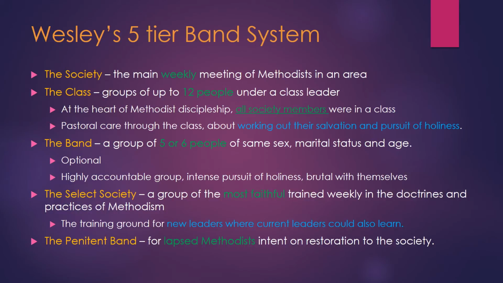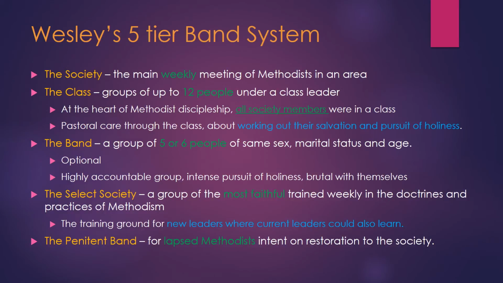If a guy was cheating on his spouse, he would have to go through the penitent band. All sorts of reasons why you might have to go through the penitent band. But essentially you had broken the rules for living, or you were rejecting the theology of the group, or something. There was something that meant your relationship with the identity of the society was not right. And so your membership would be revoked, and you could either just not come anymore, which was up to you, or if you wanted to keep being a part of the group,